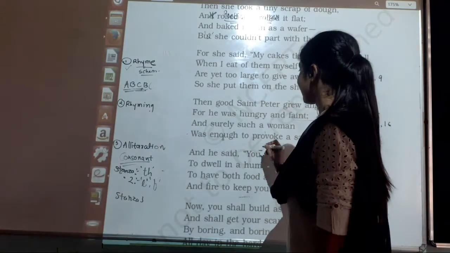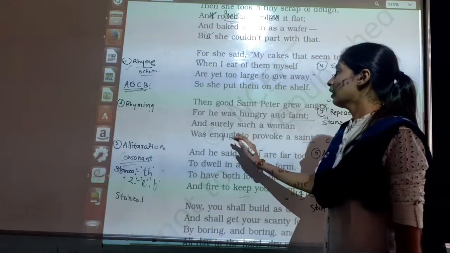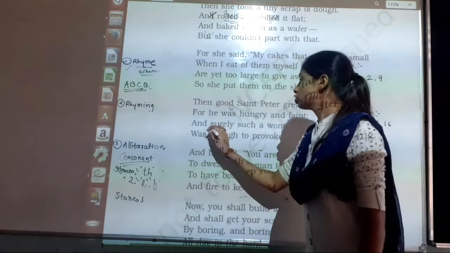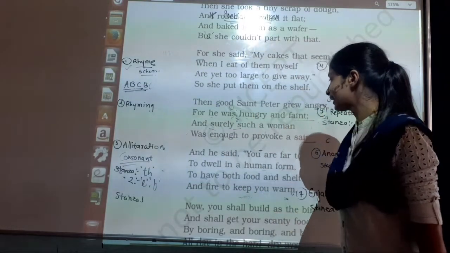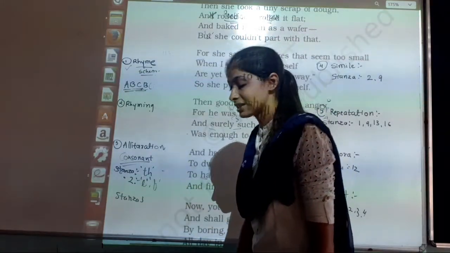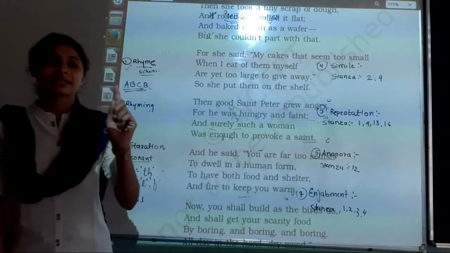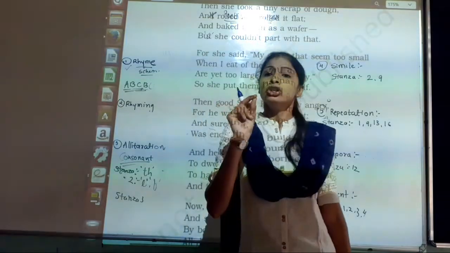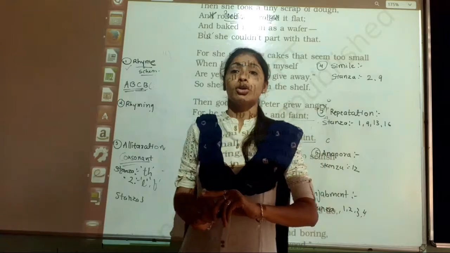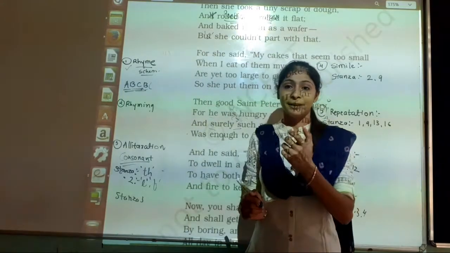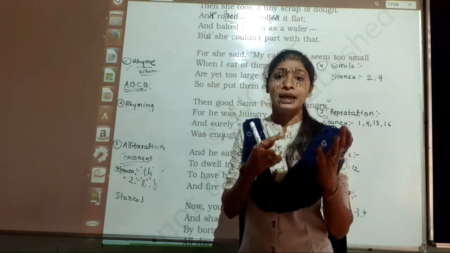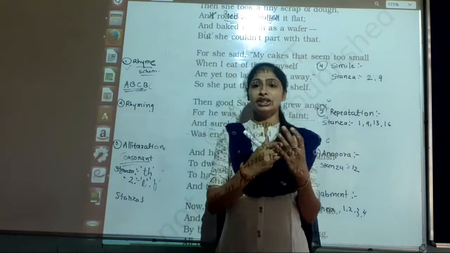As you know that here we have given. So here many examples, "he", H sound repeated here. "Surely", S sound repeated here. So students, here many examples of alliteration. You will find first letter it will be the consonant sound, so it becomes the example of alliteration. First letter of that word which gives us the repetition of consonant sound, that becomes the example of alliteration. Rhyming words, rhyme scheme, alliteration.